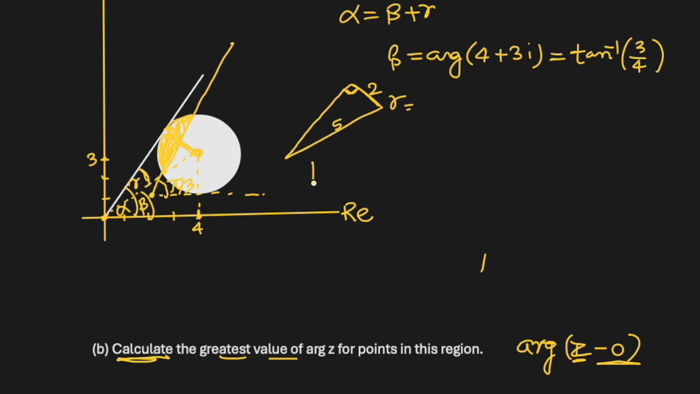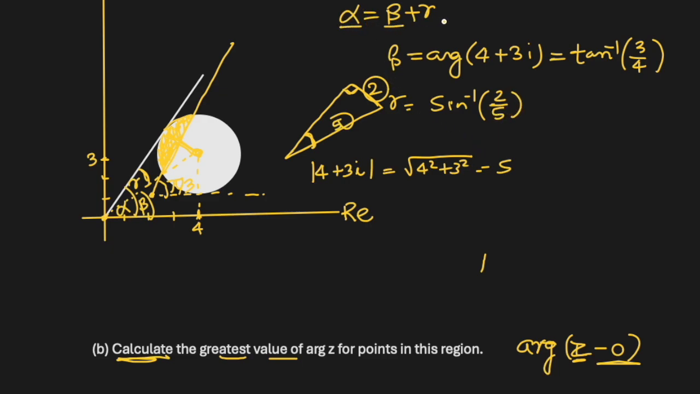Let me show you. The modulus of 4 plus 3i has to be the square root of 4 squared plus 3 squared, which is 5. So I know this is 5, this is 2. So gamma, this angle, will be sine inverse of opposite over hypotenuse. So 2 over 5. And since alpha is beta plus gamma, we'll just add tan inverse 3 over 4 plus sine inverse 2 over 5. So alpha, which is